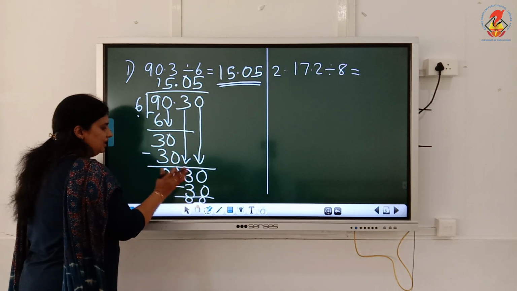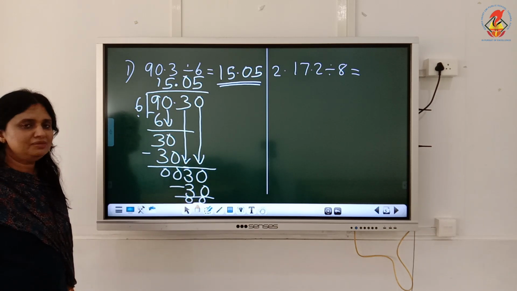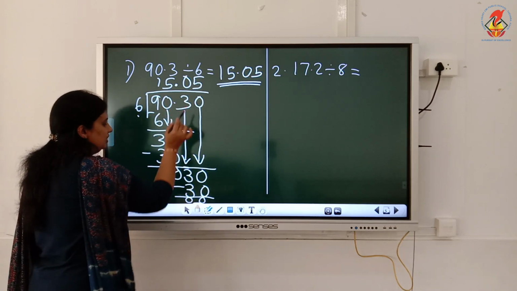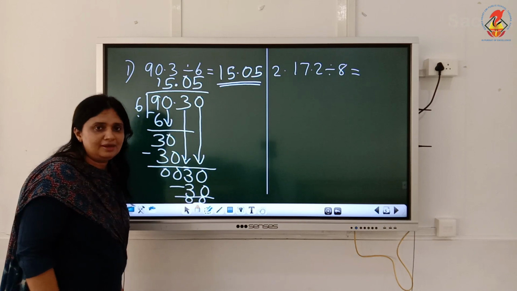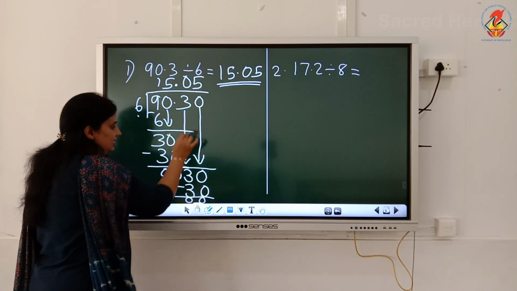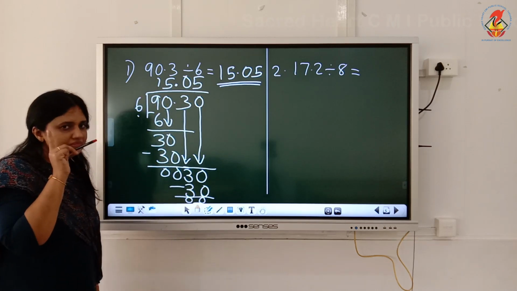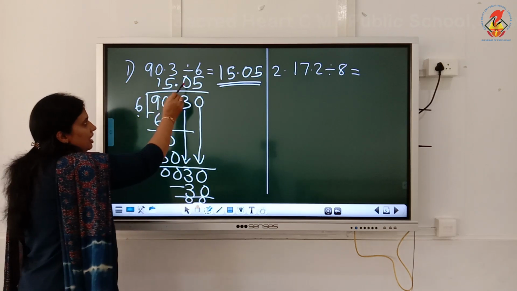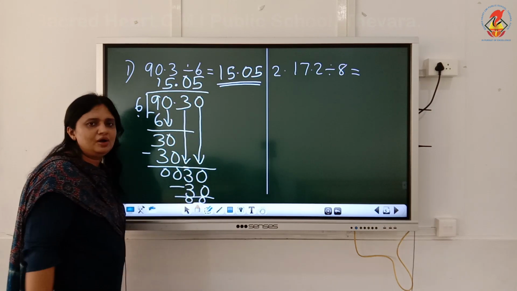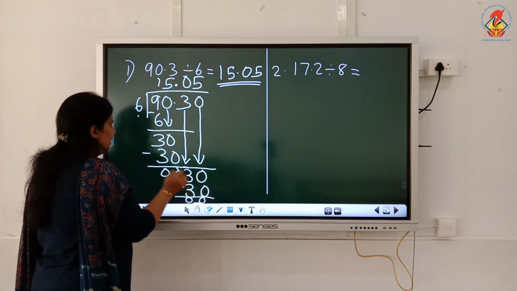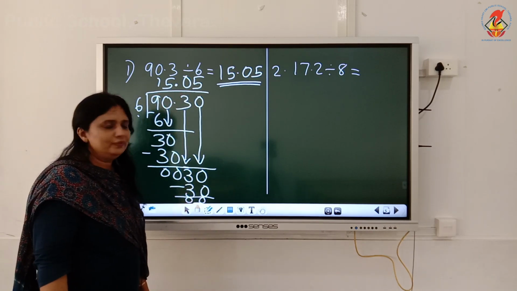But our aim is to make the remainder 0. How is it possible? I need to add one 0 in the dividend. Then I can take that 0 also in the same step. But I can't take 2 digits in the same step, so just before I need to put a 0 in the quotient. I put one 0 in the quotient, after that I can take this 0 down. Then it will become 30, 6 fives are 30 and the remainder is 0. Answer is what?